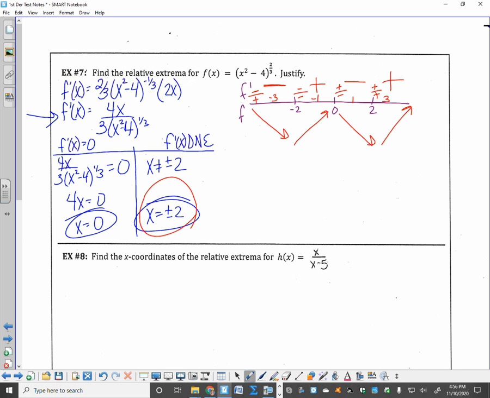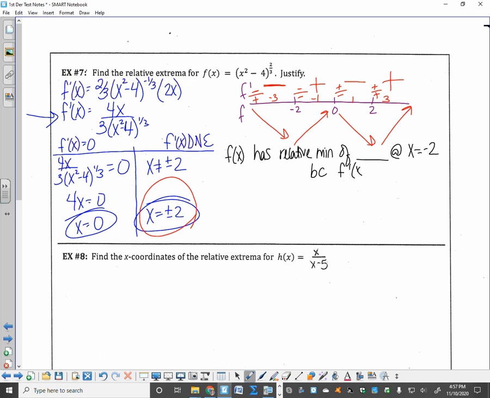Okay, for the original function. All right, so here's my conclusion. F, no pronouns. You would never say it has a max. You would say f of x has, and they called it relative extrema. So relative min of, now I need to go find it, but it happens at x equals -2